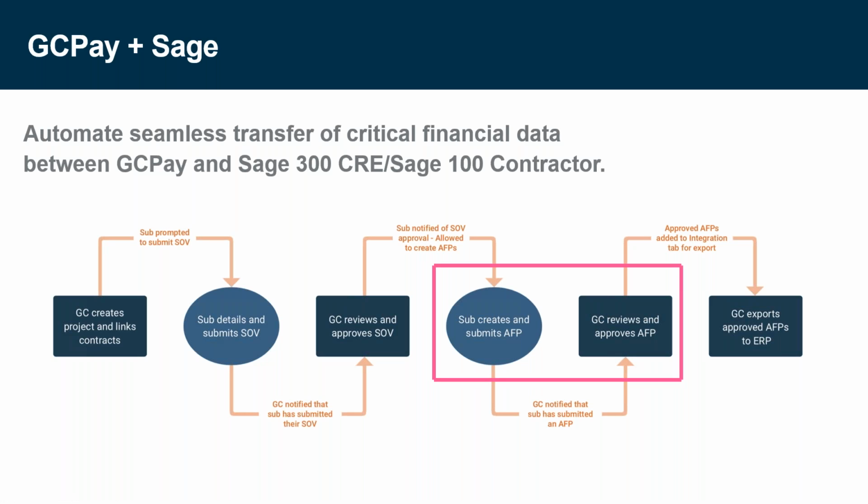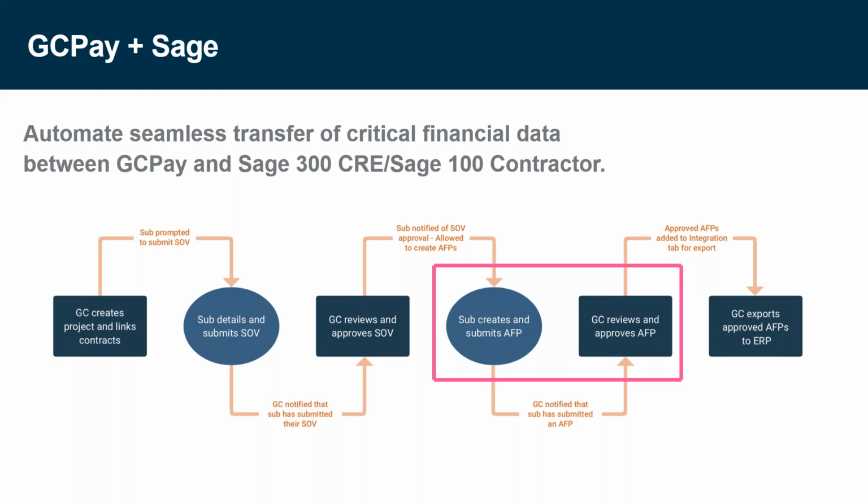And once that has been agreed upon within the platform, then we'll move on to the application for payment. Now, depending on the course of the project, whether it's just a few months, 6 months, or say 18 months, this portion here that's in the red box may happen multiple times over the course of the project. And so the subs will create and submit any number of pay applications.